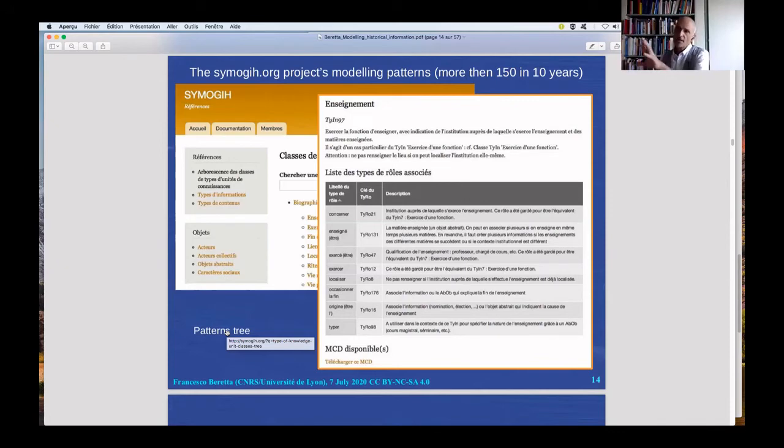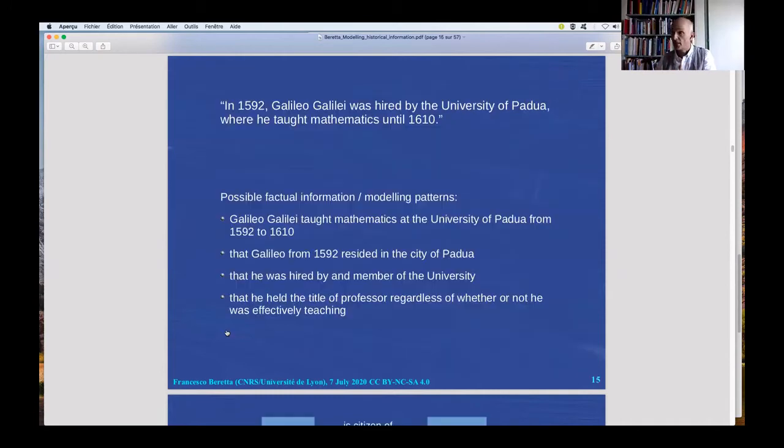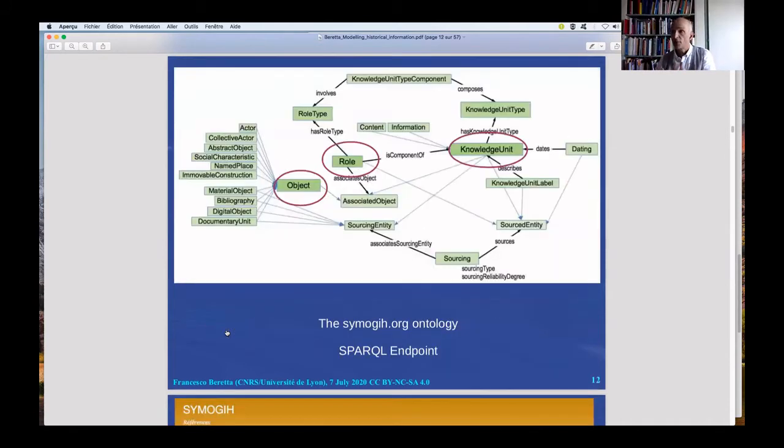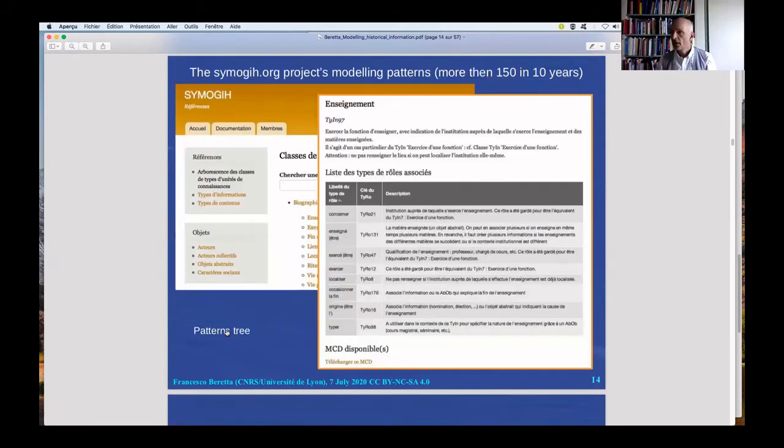So this is very useful for reusing data, because then you can have a SPARQL endpoint. This is also the reason why we did all the job. You can have this in RDFS, as you heard this morning. You can go there, you can query, and you can take the data. If you click on SPARQL endpoint, you will find it directly. Okay, so